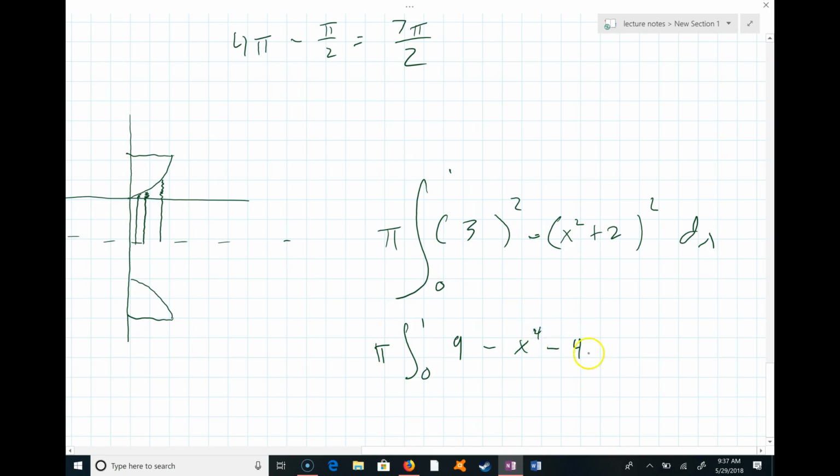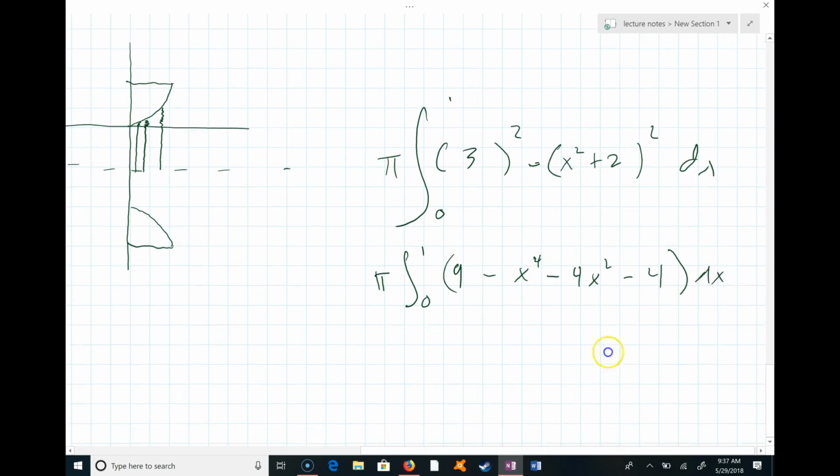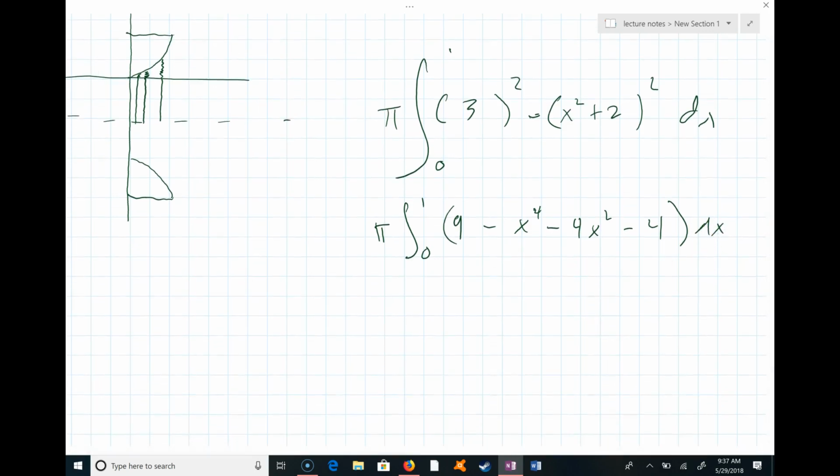X to the 4th. 4x squared minus 4. All that dx. And it looks like the 9 minus the 4 is going to give me a 5. Oh, shoot, it didn't disappear this time. So that's going to be a negative x to the 4th, minus 4x squared plus 5